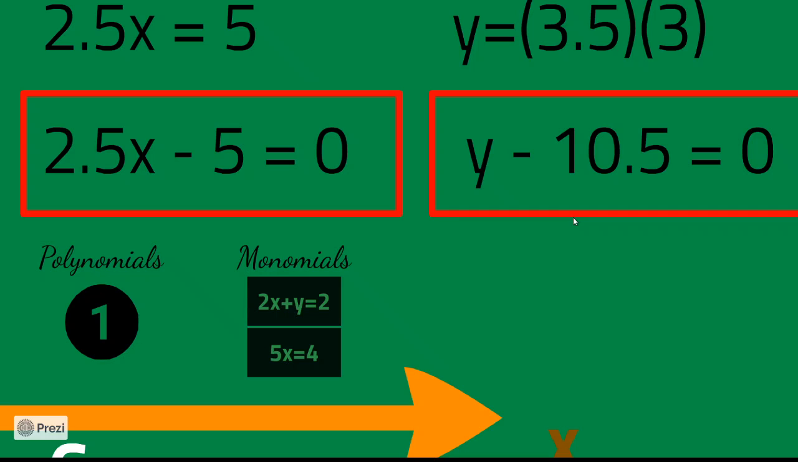So I will remove this example and I'll put it like this, y is equal to. If you look at this, you will see that 2.5x minus 5 has only one variable, y minus 10.5 has only one variable, y is equal to one variable, here also one variable. So we will only be studying equations in one variable. Now